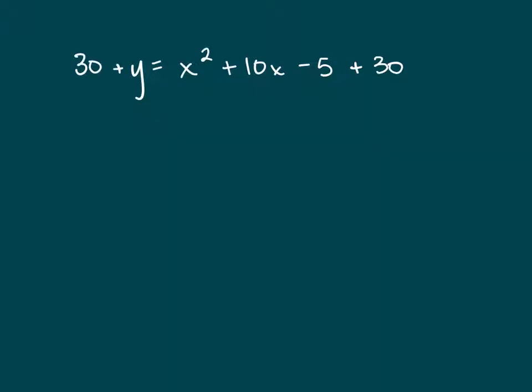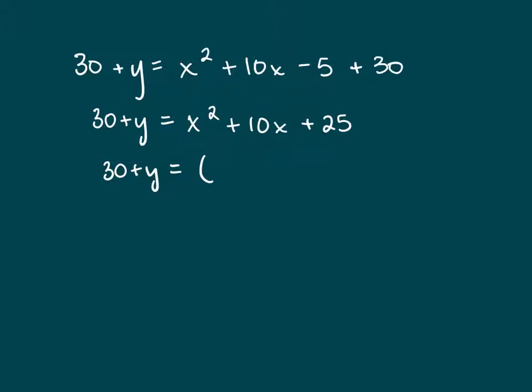In order to do it legally, that's why we have to do it that way. We have to keep it balanced. So we've got 30 plus y equals x squared plus 10x plus 25. Now, x squared plus 10x plus 25, I'm going to drop down the 30 plus y, can be rewritten as that square of a binomial, so x plus 5